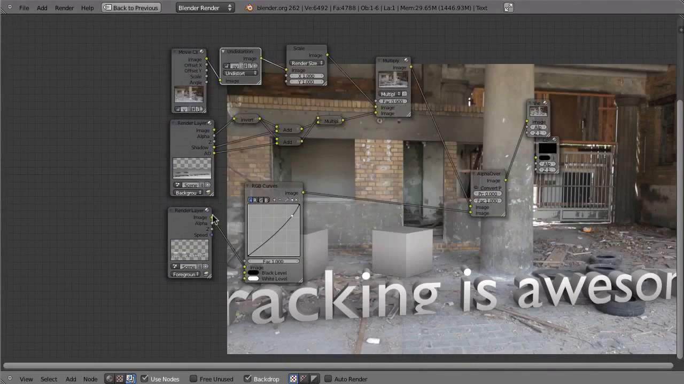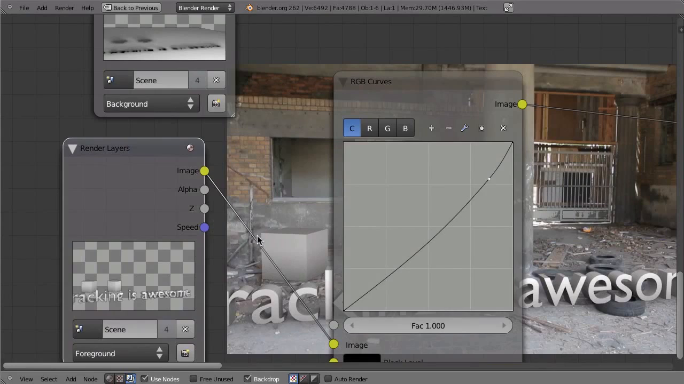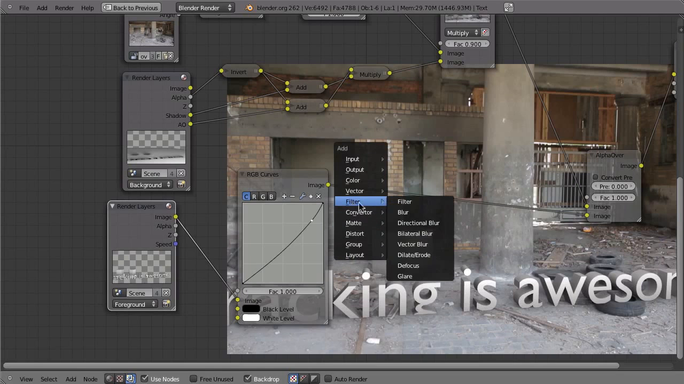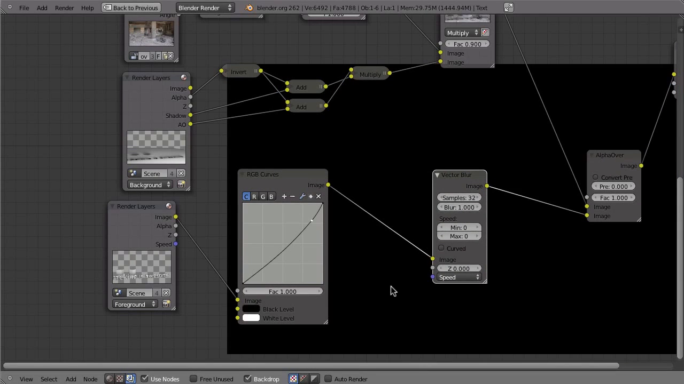And vector will add another path here in the foreground render layer. And that path, which is now called the speed path, can be used to create motion blur by using a filter. So hit Shift A, go to Filter, and then use Vector Blur. Bring that in here, and the vector blur needs three inputs. It needs the Z, the depth information, and also the speed, and of course the image as well. And if I render that again,